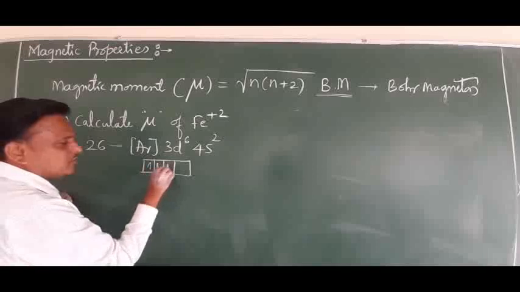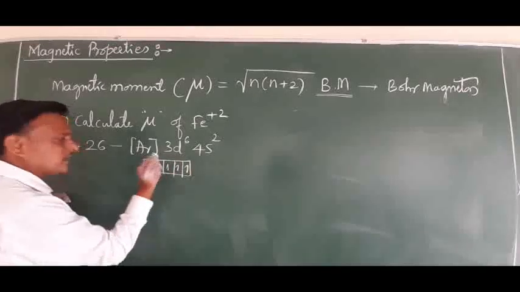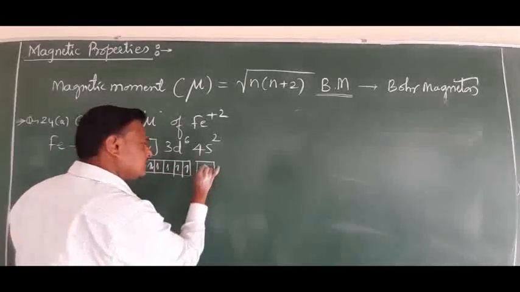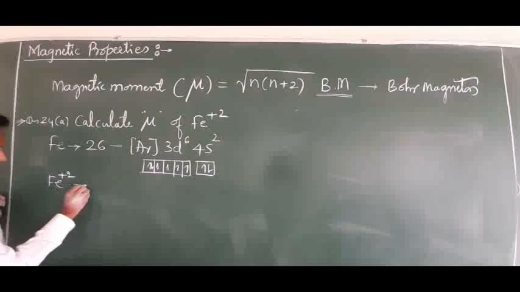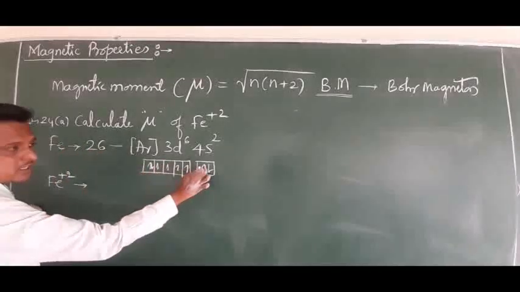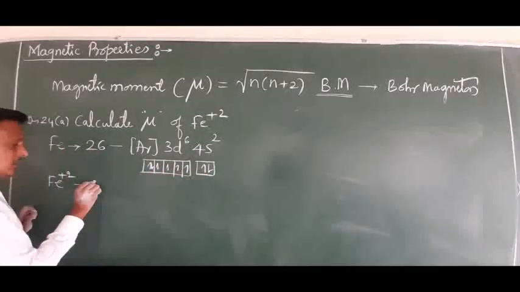1, 2, 3, 4, 5. This is a pair electron. It's 2 here. Yes, what about ionic form? Fe plus 2, loss of 2 electrons. We have to remove 2 electrons. Yes sir. So argon